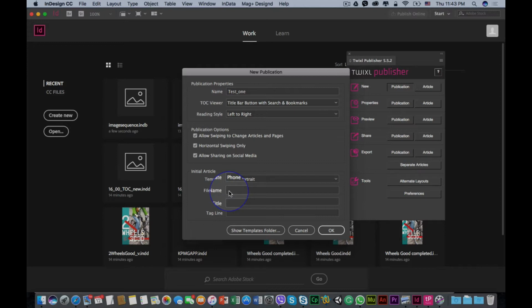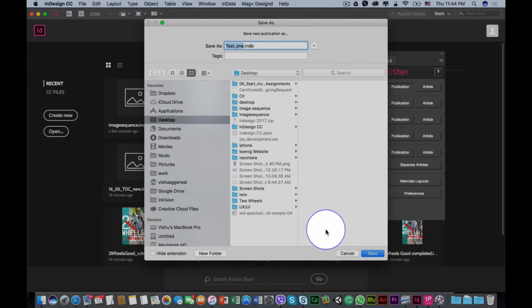I have a file name which I can give over here, so I'm going to name the file name the same, test_1. I can give a title too. It's working with Twixl Publisher. And the tagline is, this is phone test_1. I click OK. So once I click OK, what you will see is that InDesign asks you to save